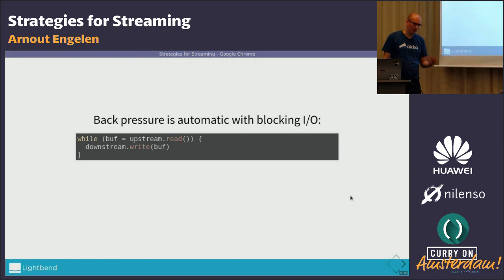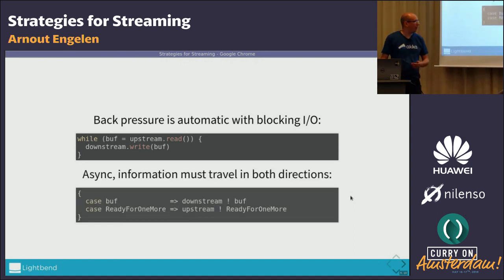So that was kind of nice, but yeah, there were problems there. So that's why we end up with a little bit more complicated, but still manageable system, where sending stuff downstream is asynchronous, but we do need an information channel that goes upstream as well. And this information channel basically just says, I have room for more.